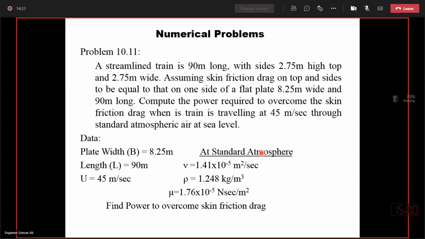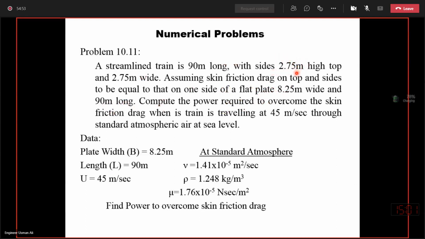नेक्स्ट इसमें 10.11, a streamlined train 90 meter long, sides are 2.75 m high, top and 2.75 meter wide. It is given, assuming that the skin friction drag on the top and side to be equal to one side of the flat plate 8.25 meter wide and 90 meter long. तो इसमें आपको दिया गया है कि एक ट्रेन है, 90 मीटर उसकी लेंथ है और विड्थ और जो उसकी हाइट है वो